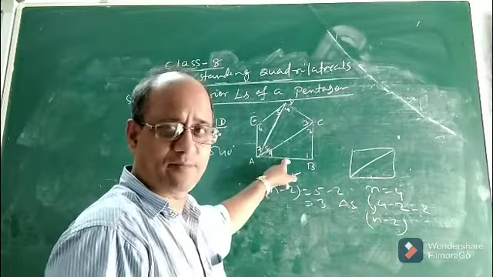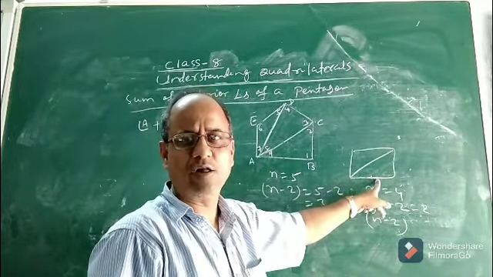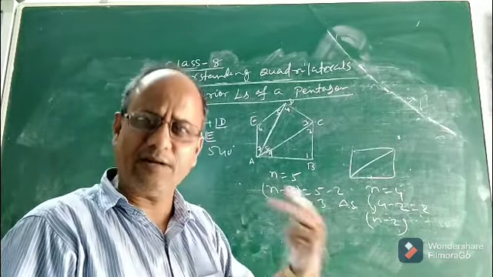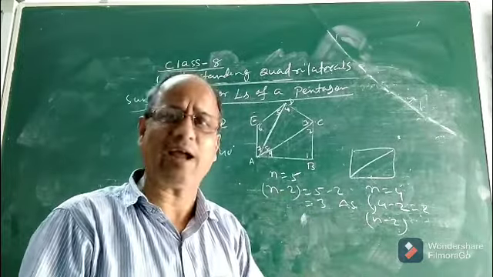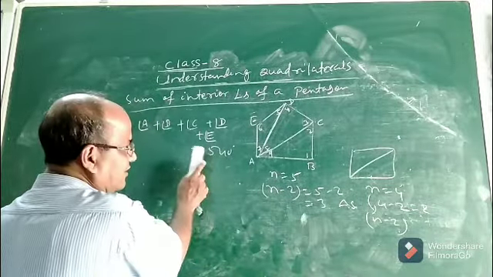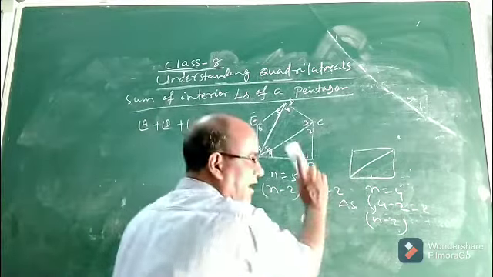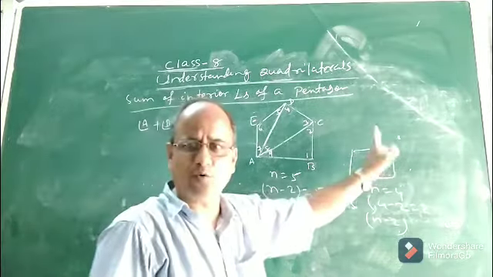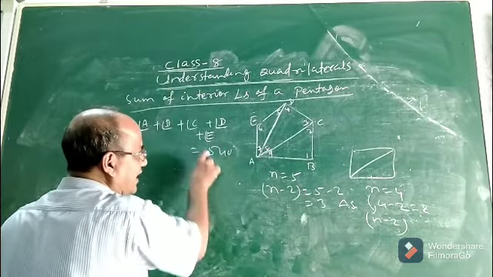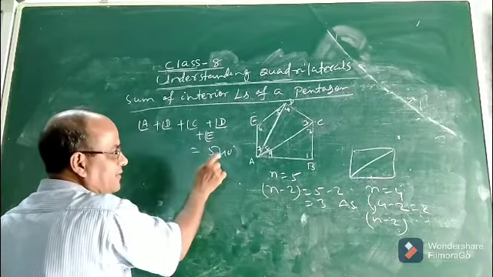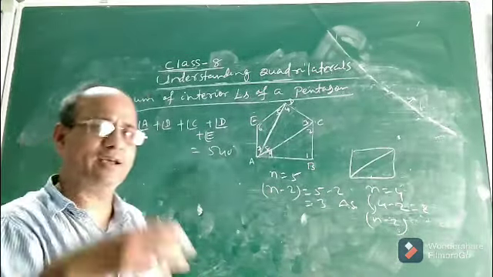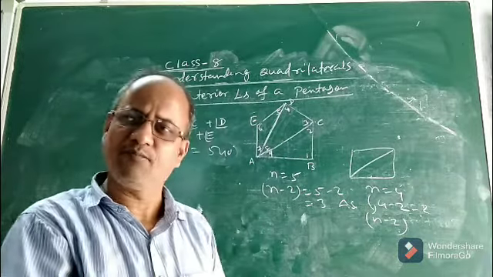Now, if the number of sides is n, we do not know what is the value of n. Here n is 5, here n is 4, number of sides is 4. Suppose of any n-sided polygon, how to find the sum of interior angles? Okay. So children, you do the proof of this one yourself following similar logic that we had applied to prove angle sum property of quadrilateral. Okay, in case of pentagon, the sum of 5 interior angles is always equal to 540 degree. And similarly in case of hexagon, you can easily find.